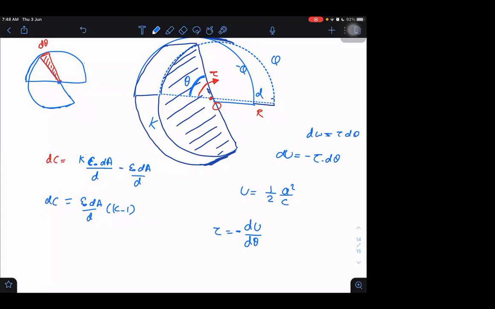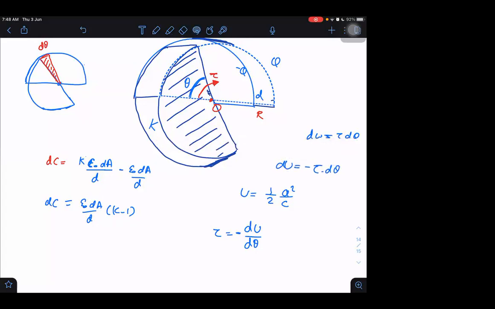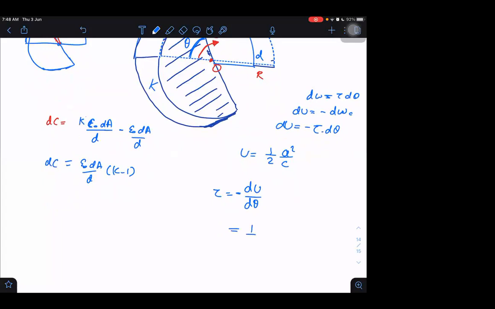Yes, sir. Okay. And do you know that change in potential energy is equal to negative of work done by the conservative forces? I'm not taking any external force here. I'm only finding out the work done by the internal conservative forces. Then I'm writing torque is equal to minus dU by d theta, which will become 1 by 2C. Q square is constant. Derivative of C will be minus 1 by C square into dC by d theta, which can be written, minus cancelled, we are getting Q square by 2C square into dC by d theta, that is torque.